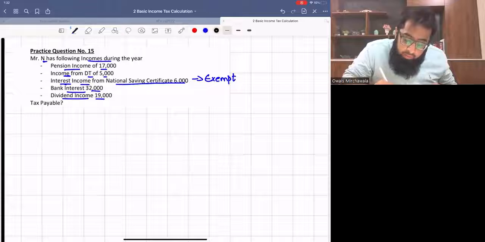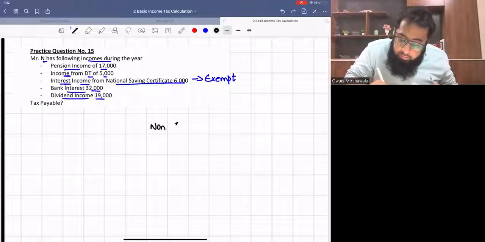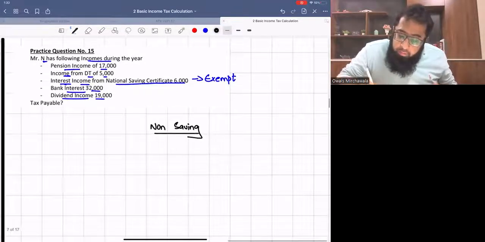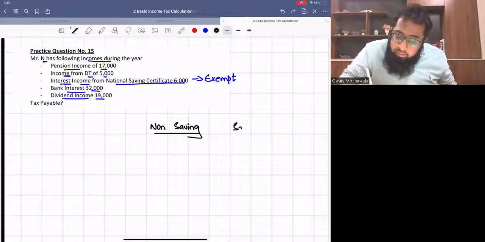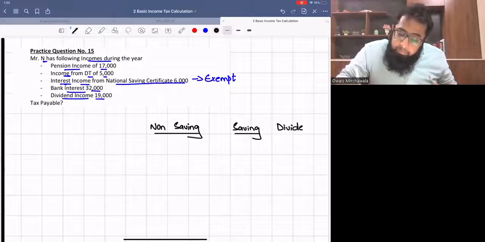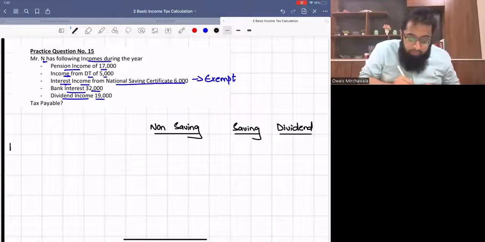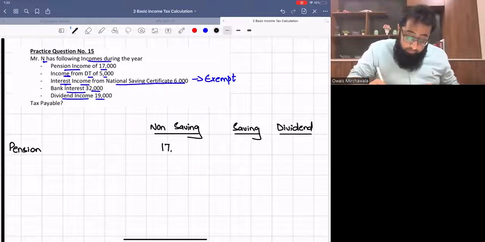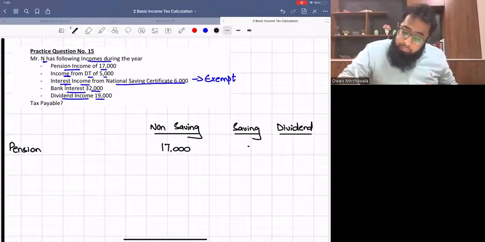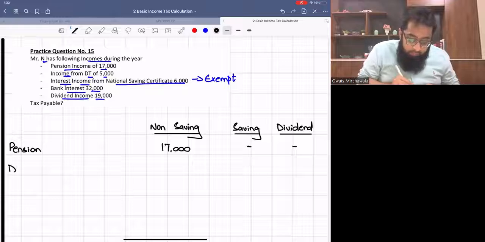Now, first of all, we will classify all the incomes. The first head is non-saving. The second head is saving. And the third one is dividend. Okay. Now, we will classify the incomes. The pension income, 17,000, goes in the head of non-saving. Then discretionary trust,